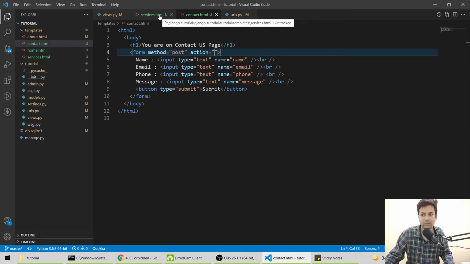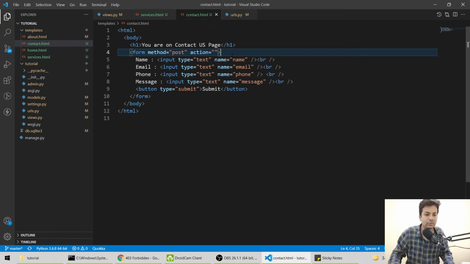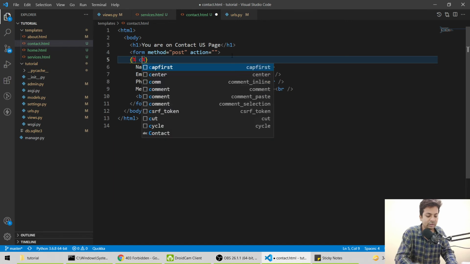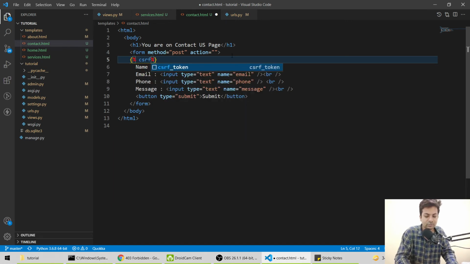So let me show how to add CSRF verification. We have to come here and write percentage, then csrf underscore token, and that's it, then we save.